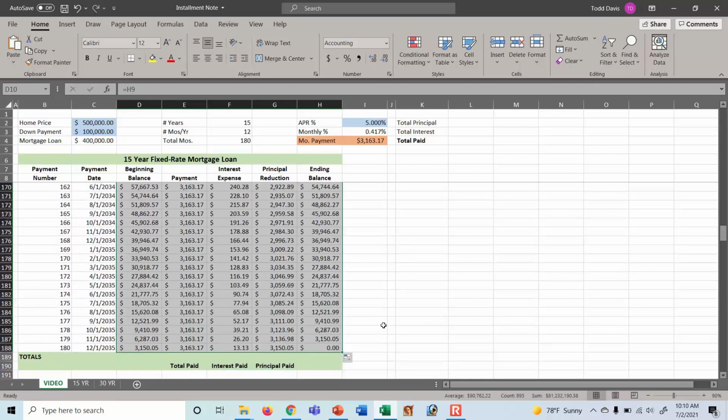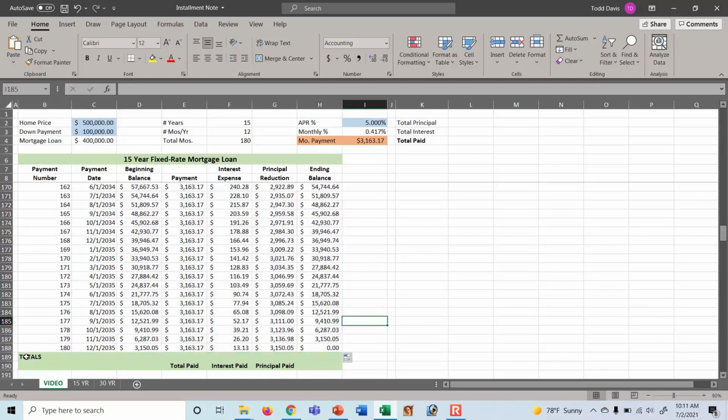As you can see now, in the cell H188, we have a $0 ending balance for our loan, indicating the loan is completely paid off. You can see here in rows B189 through H190 that there is some more descriptive information.